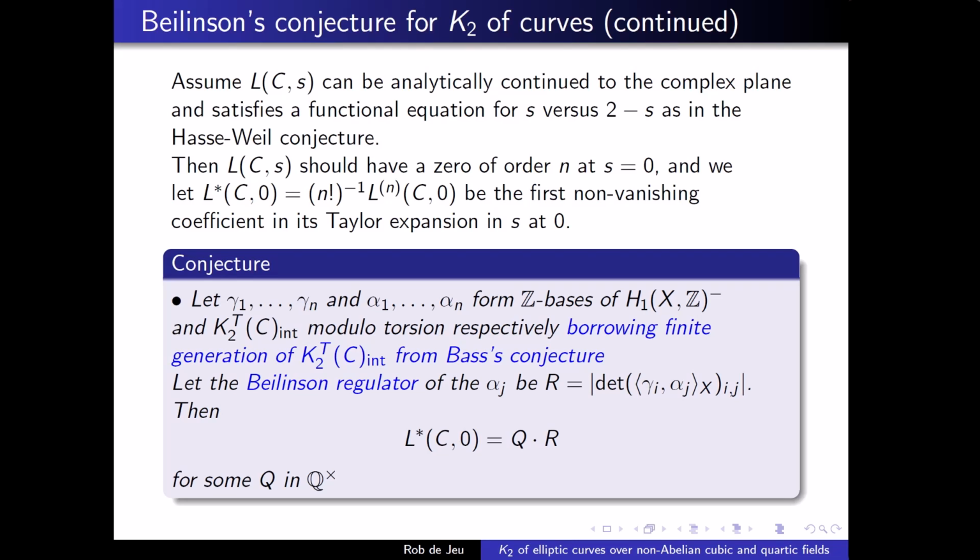function of the curve has a nice functional equation relating S and 2 minus S. And then if this functional equation has the correct shape, then the first non-vanishing coefficient in the Taylor expansion of the L function is 0. Or it should have a zero of order n, which is the rank of this H1 minus we just talked about. And